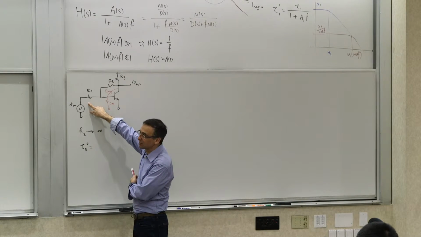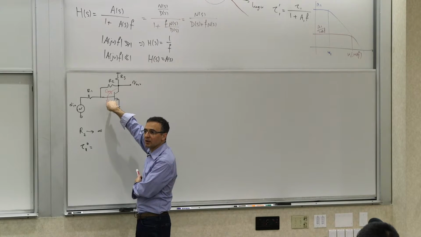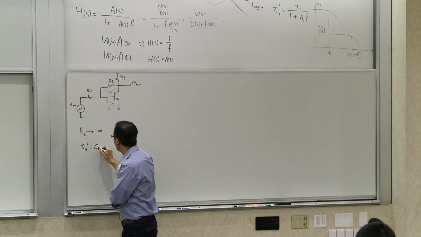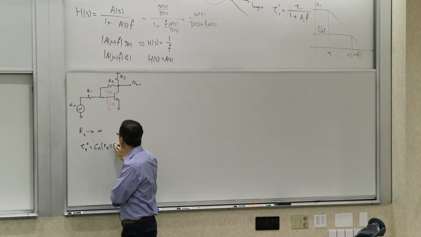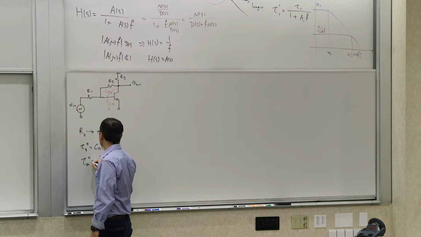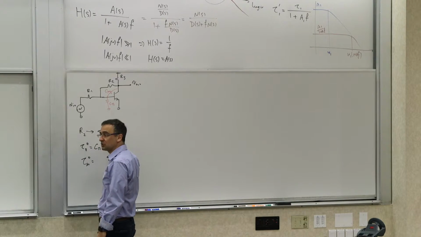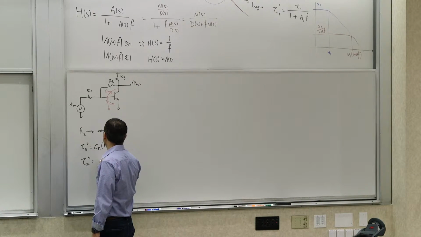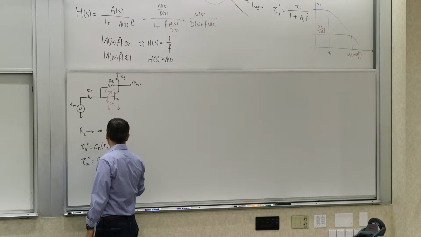It's the resistance with R1 in parallel with R pi. That's what C pi sees, right? So it's basically C pi times R pi parallel with R1. We've done a lot of these things before. And then tau mu 0 is R left, R right, GM R left, R right, R left plus R right plus GM R left times R right, which basically ends up being C mu times 1 plus GM